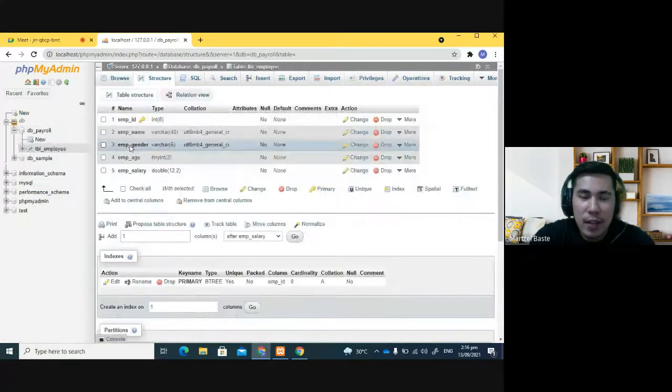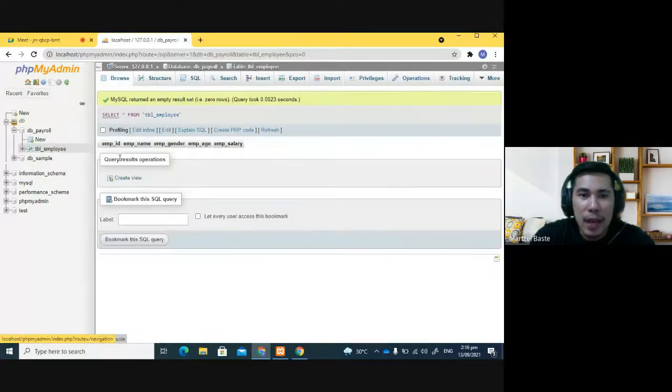alright, so you have here the table. So mao ni ato ang nahimo na table. So TBL employee, so you have ID, name, gender, age, and salary. If you click that, you will have this one, employee ID, employee name, gender, age, salary. So in ani lang ning forma siya class, pero this would become powerful pag partneran na nimo na siya isa